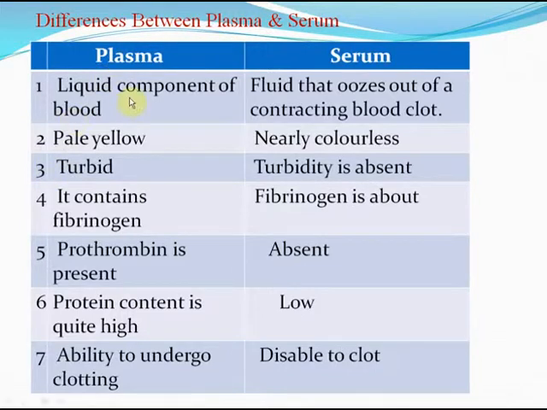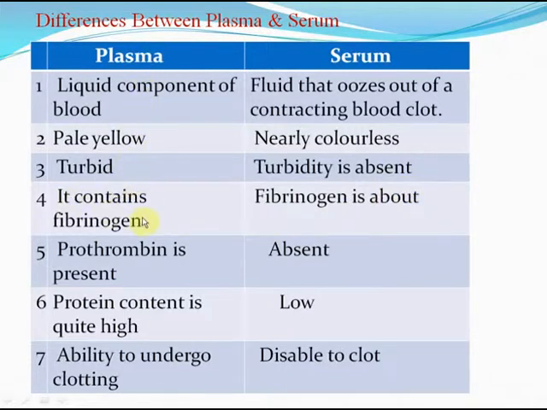Actually, anticoagulated blood yields plasma, which contains fibrinogen clotting factor, and after clotting, coagulated blood yields serum without fibrinogen. Plasma is pale yellow in color. Serum is nearly colorless. Plasma is turbid. The turbidity is almost absent in serum